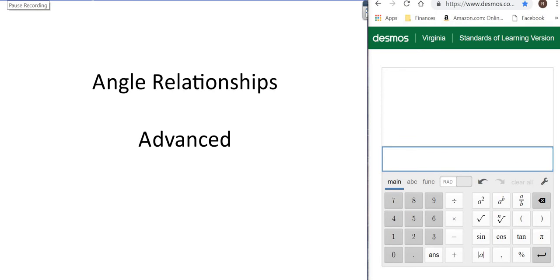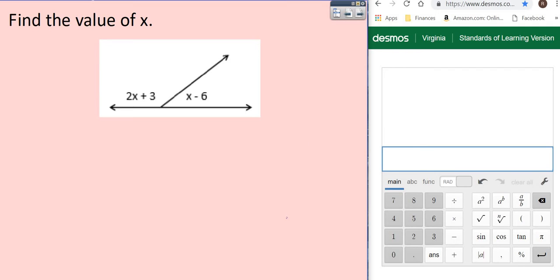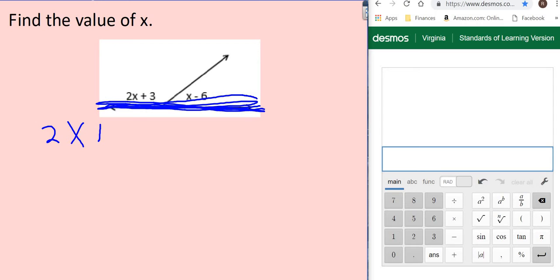All right, these are angle relationships, some of our advanced questions. So we'll start with something that looks like this. Of course, we know that this straight line here equals 180 degrees. So this time we're going to have to add 2x + 3 + x - 6 needs to be 180